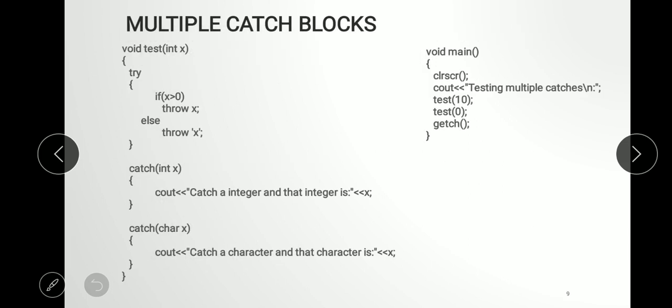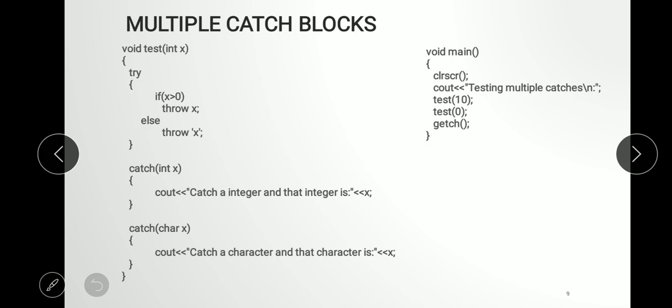Here one particular try block may have multiple catch blocks. This is an example where we use two exceptions, that is, integer x and character x, caught inside the first catch block and the second catch block.